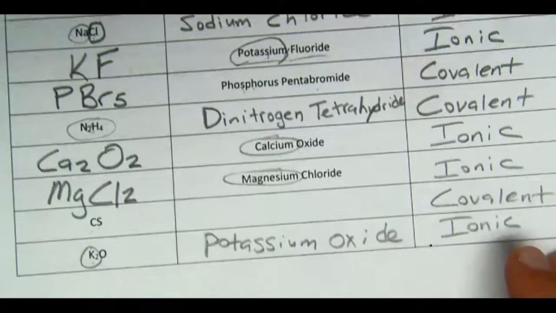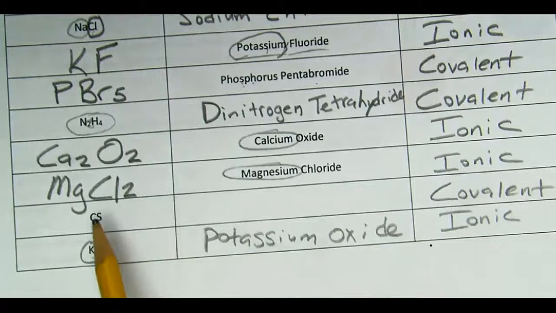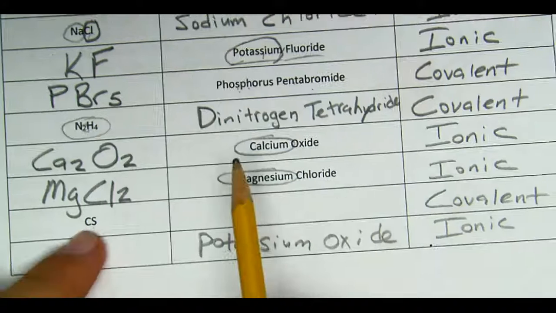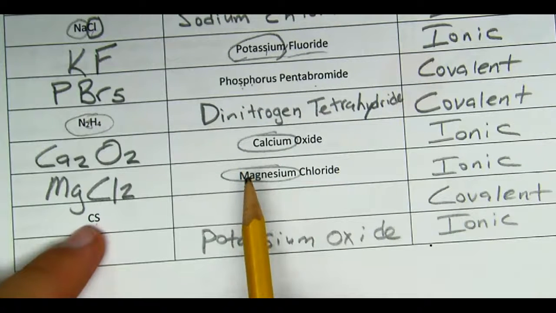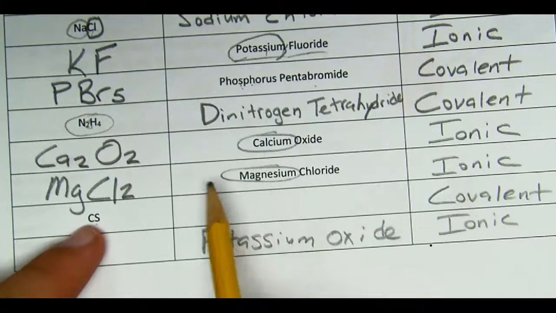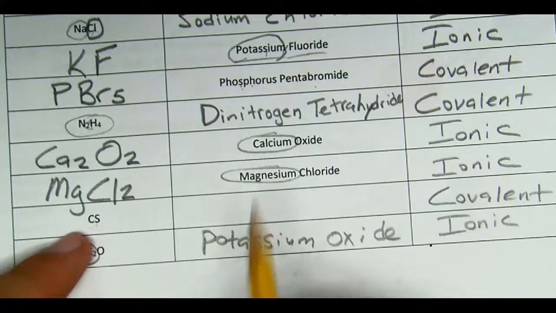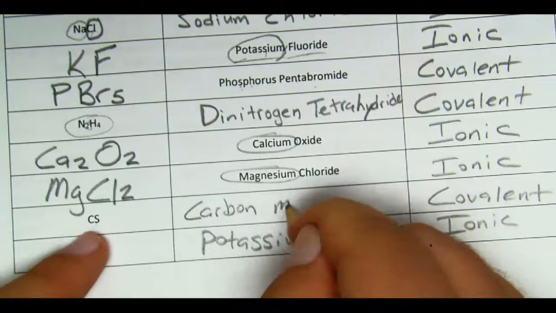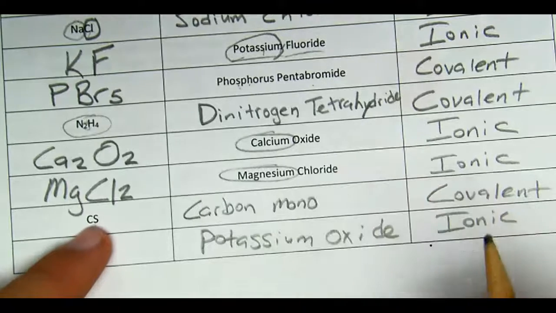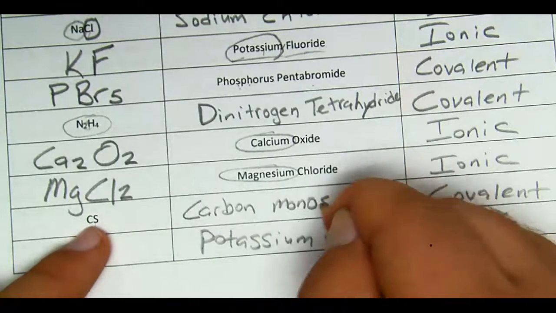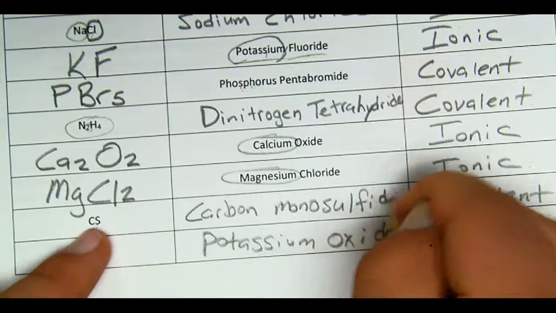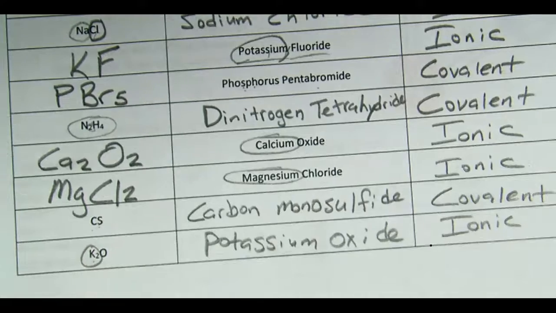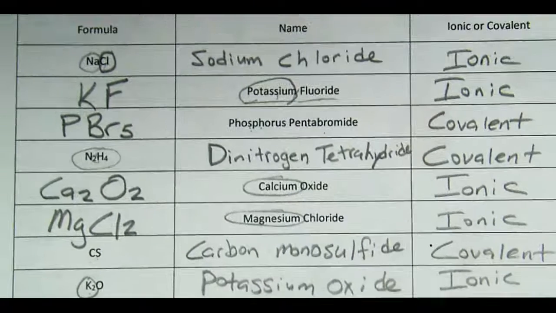Last but not least, I have carbon and sulfur. I have 1 carbon. What's the prefix for 1? Mono. Do I put it in front of carbon? No. I do not put mono in front of carbon. But I can put mono in front of sulfur, right? But instead of sulfur, it's going to turn into sulfide. There it is. Now, tomorrow,